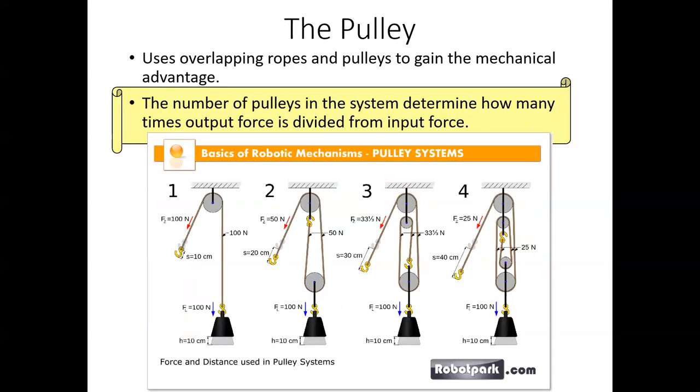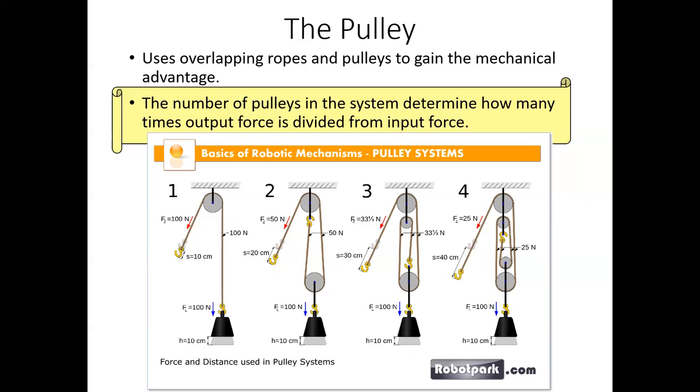The next is a pulley. And a pulley has no real equation, but it's just words. The number of pulleys in the system determines how many times output force is divided from the input force. So, for example, if I want a simple pulley of 1 and I want to lift up a 100 Newton dumbbell or some sort of anchor or whatever, I need to supply 100 newtons of